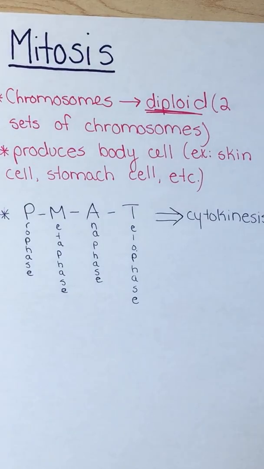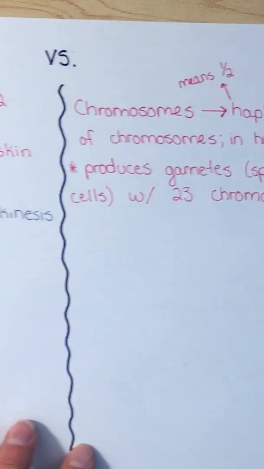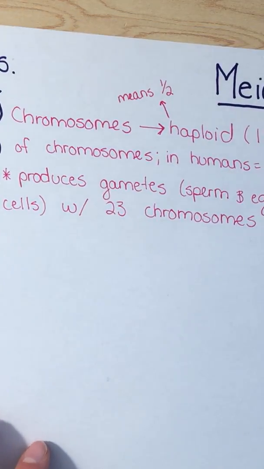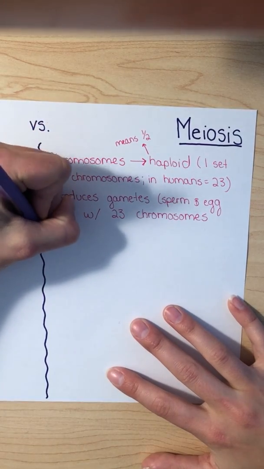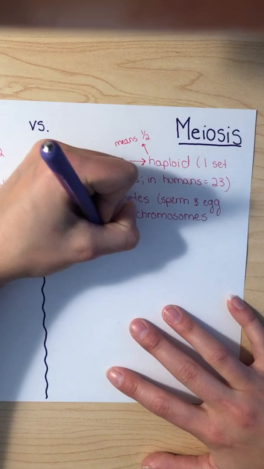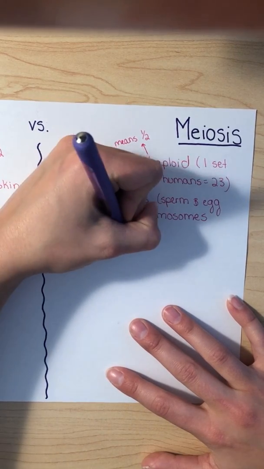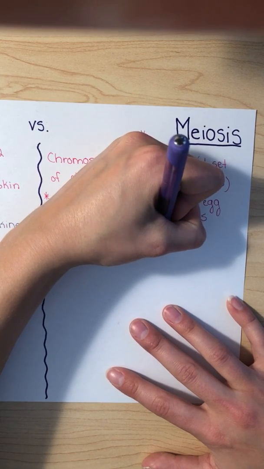Okay, so that is something that happens in meiosis as well, okay? So meiosis also follows the general PMAT procedure, okay? P, M, A, T, and then cytokinesis,